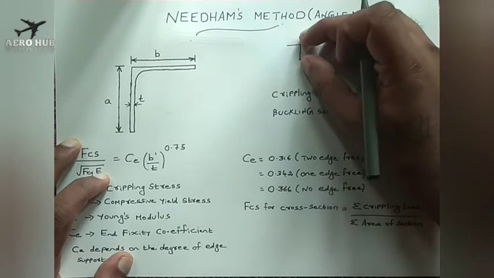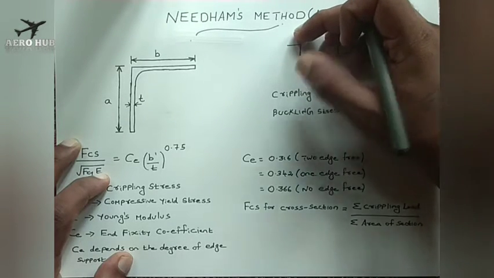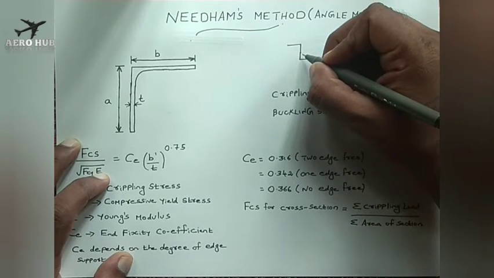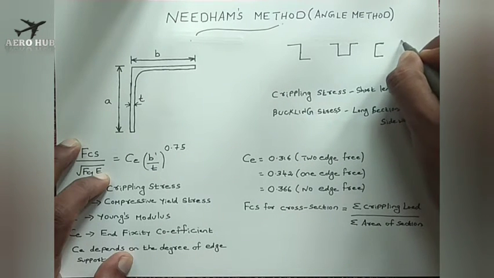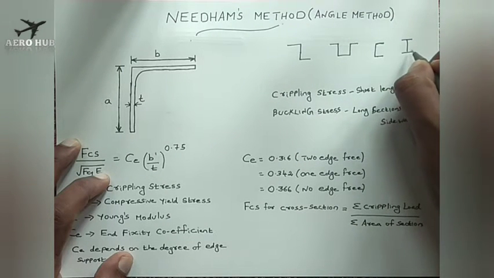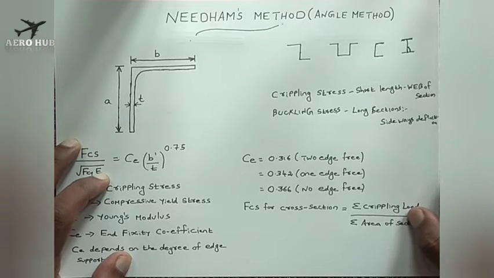That is, if you consider a Z section, when you apply a compressive load, the web will be subjected to a certain amount of deformation. So if I have an I section and I am applying a compressive load, the web can deflect in this direction, at the support. This is called crippling, and it is one of the important parameters to design a stiffener, that is, to estimate the value of crippling stress. It is nothing but the stress at which there will be failure for short sections in the web.